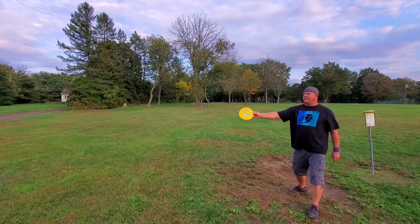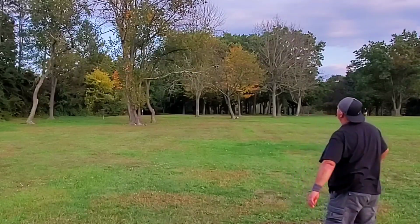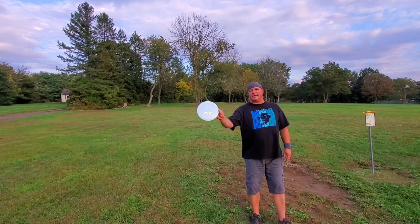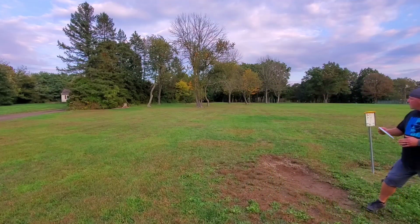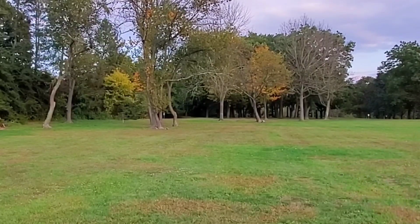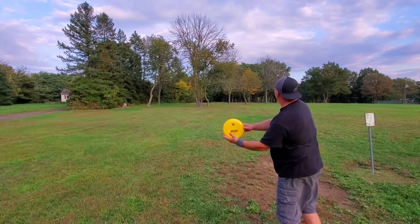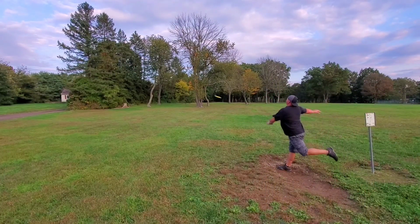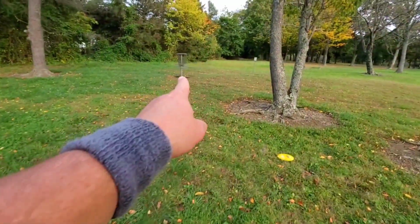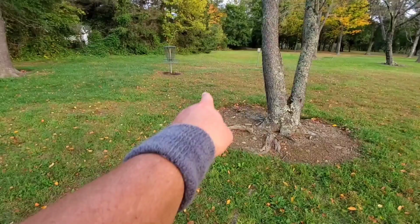That's right there. The second Kaxe. And now, oh, hit that tree. Okay, Kaxe. Right next to it. Right next to it. Okay, the second Kaxe. Okay, there's the chains. This Kaxe and the other Kaxe, which is right there,